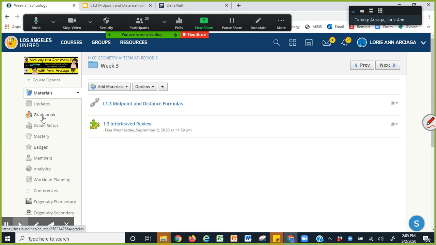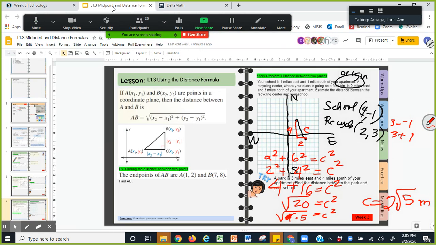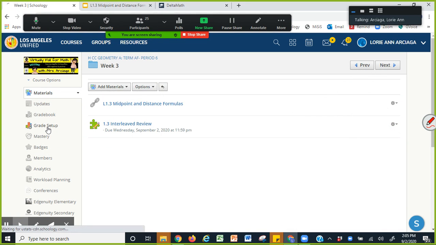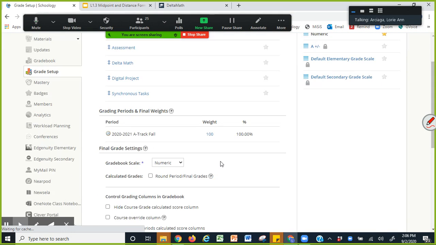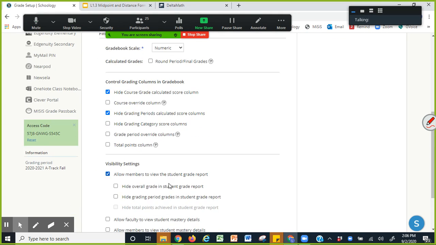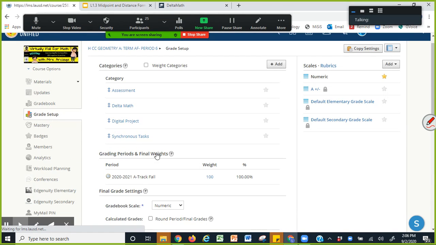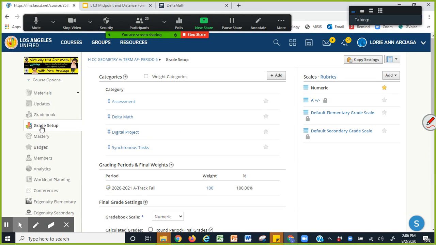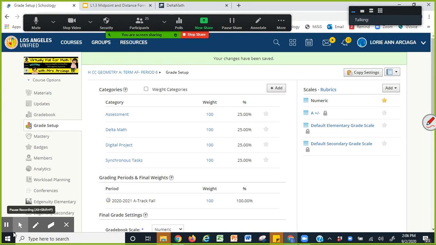And if I may, no, sorry, I can't because the grades are showing. But yeah, if I may remind you of your missing work, or maybe I could do that. Let me just hide, if I can hide the total. Okay, hide grading, hide calculated grade score. Okay, so if I can hide that, then I can show you the grade book. So let me